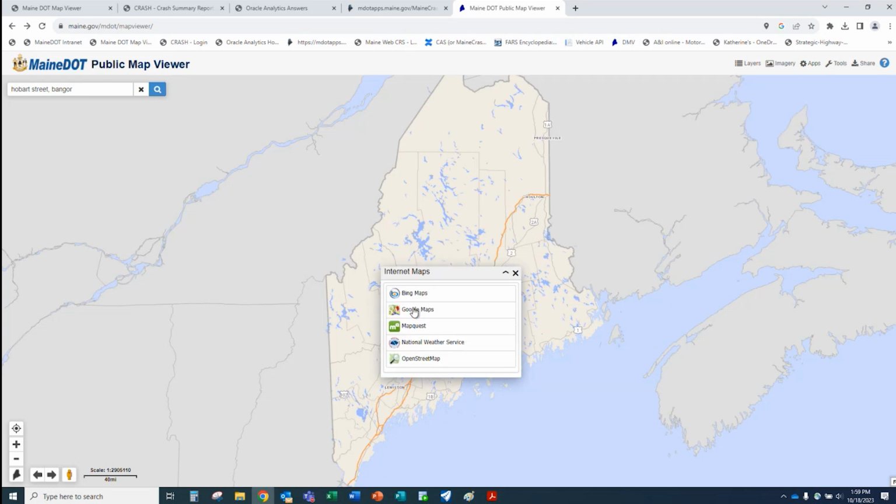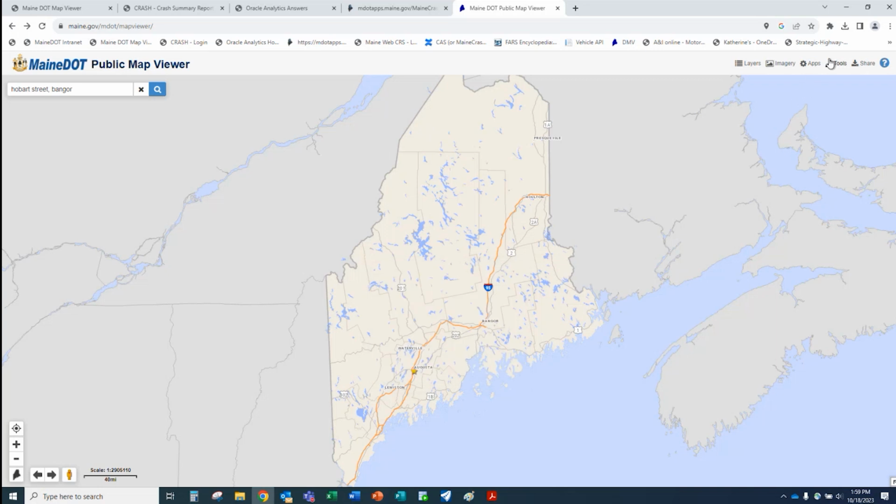Sometimes we found that Google Maps, which we use primarily for looking at Street View information, isn't necessarily the most up to date. We found a lot of times that Bing Maps, because you can use Street View in it, tends to be more accurate. So that's what I've used primarily for these tools. I haven't used a ton of the apps.